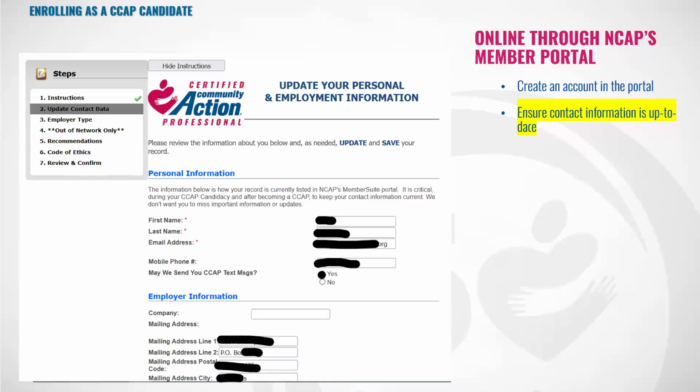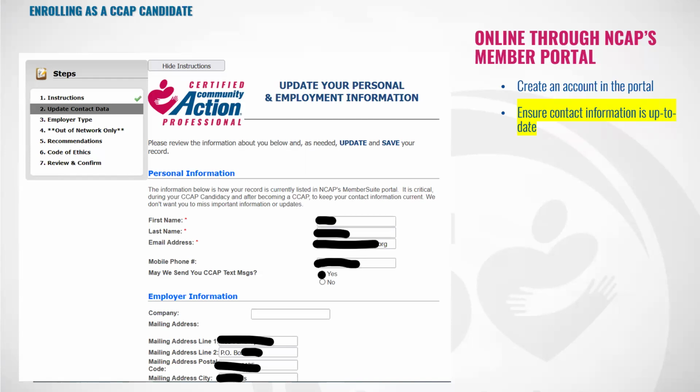And when you do that, you will come to a screen that looks like this one. This is the application form itself, and it's a little more clunky than the actual portal screens because it's in a different package that handles applications. But some of the nice things about this are that when you get to this page, there will be a set of instructions you see on the little gray box on the left-hand side.